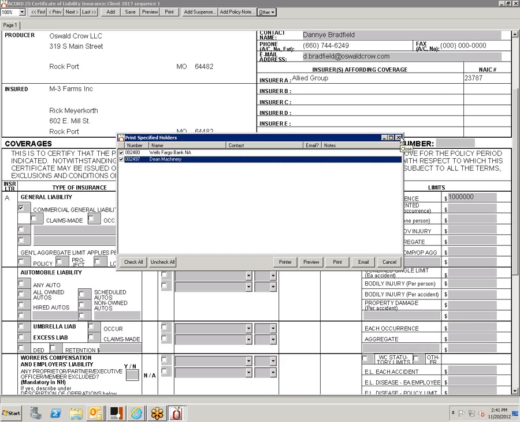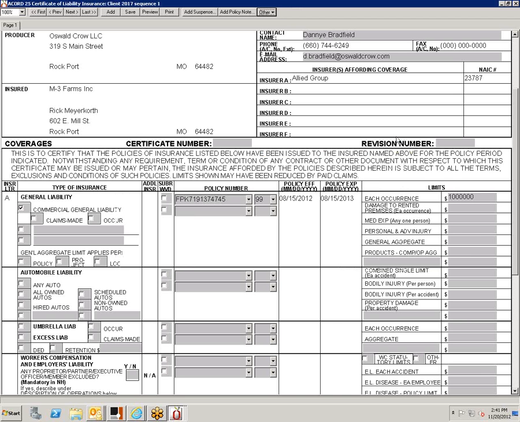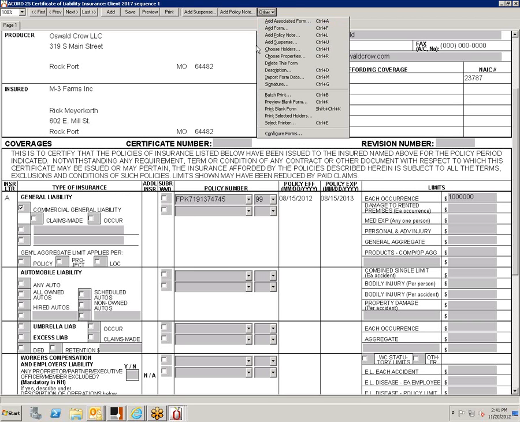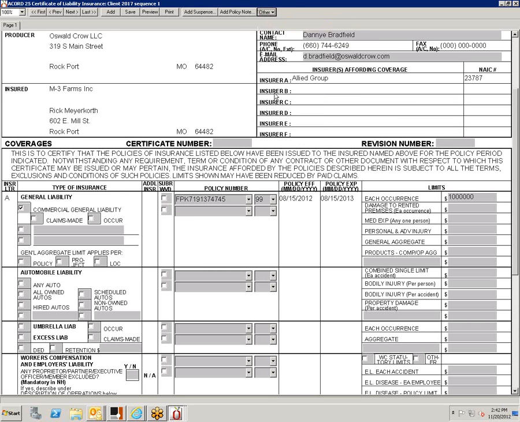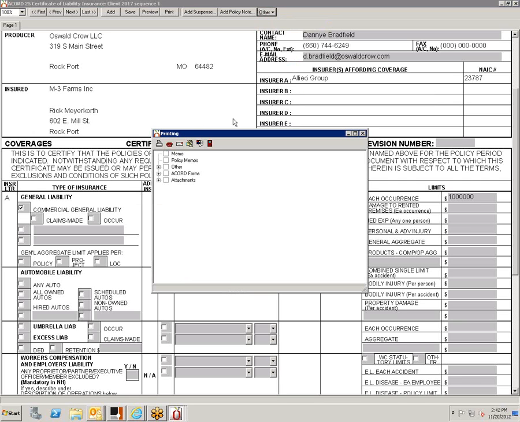But that's just one. That just prints the certificate. Let's say that you get a call, and this guy gave you an email address, and he wants you to email it just to him. So print selected holders will print them for you, but sometimes you want to send via batch print. This is the batch print menu. There's a little button right here beside the Acord form.